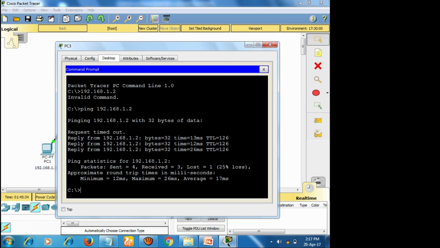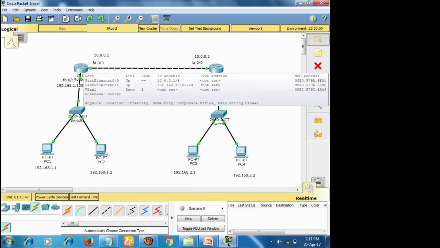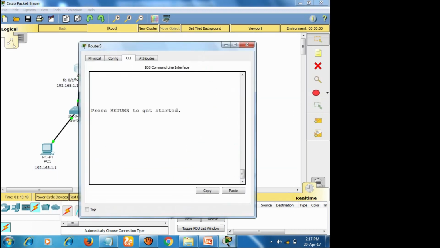Whatever commands come to 1.2, I want to block, right? So how do I do that? With the help of an ACL, right? So we need to configure an ACL for the router.